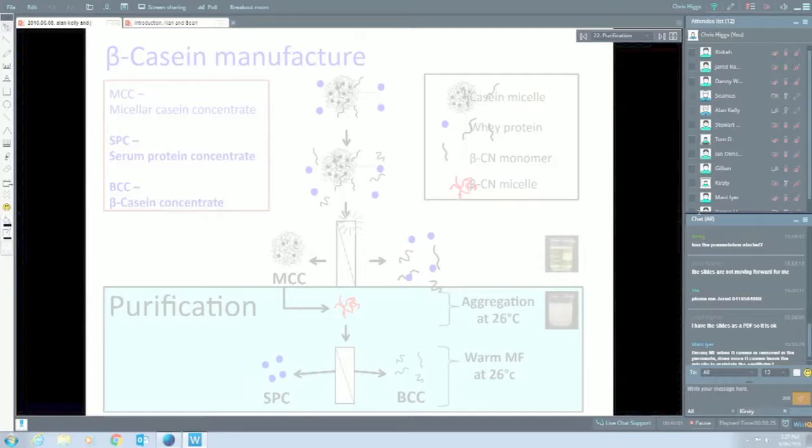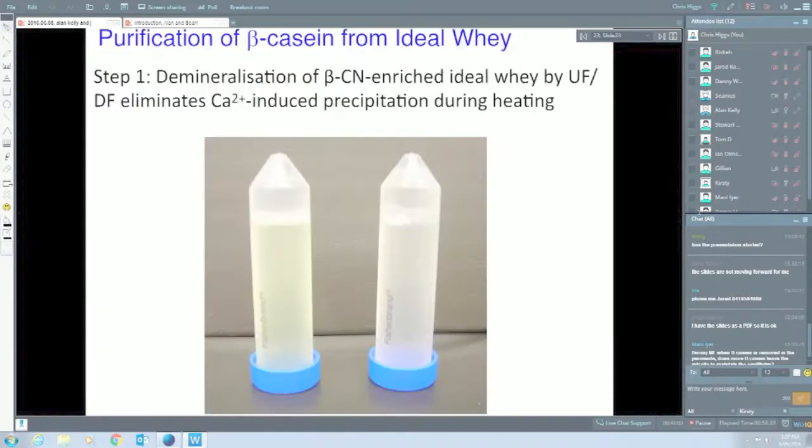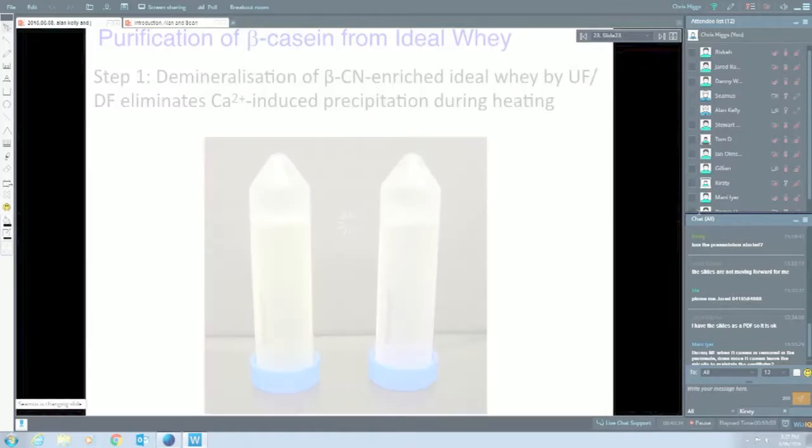So just the next slide gives a little bit more detail on the demineralization process. The objective here was to reduce the calcium content, because calcium on heating clearly drives aggregation of the beta casein molecules, and that's something we didn't want because it would lead to precipitation. So by demineralizing the cold microfiltration permeate and bringing the calcium content down sufficiently, it was possible to form micelles from the beta casein fraction then. And you can see that on the next slide,